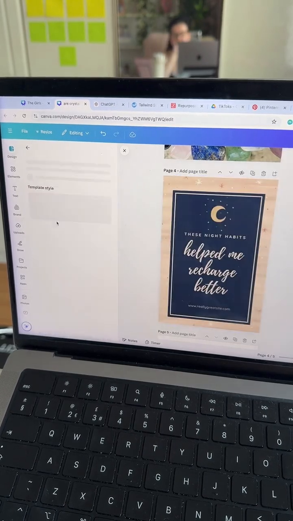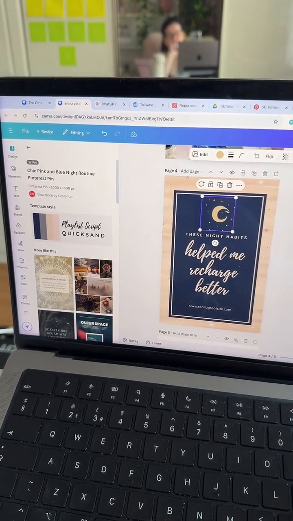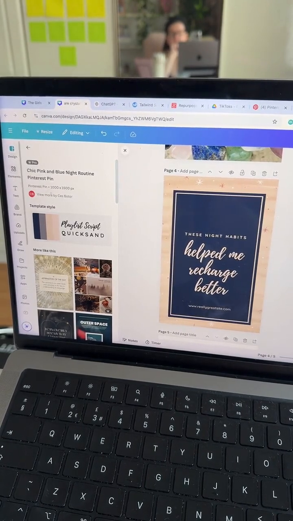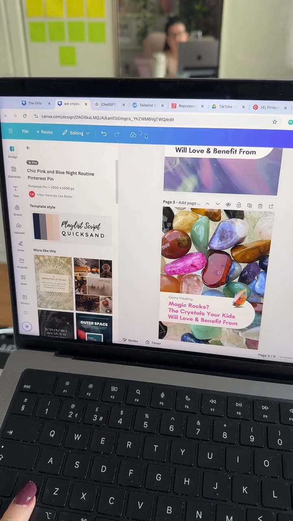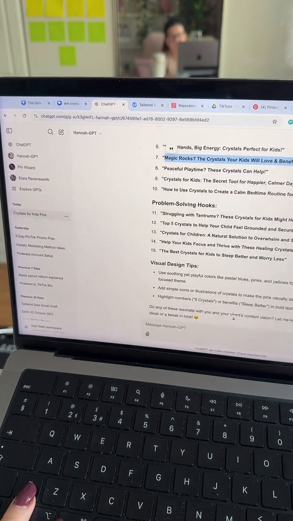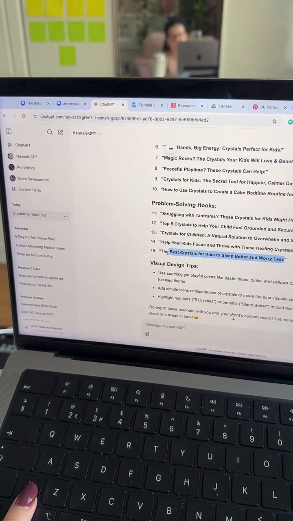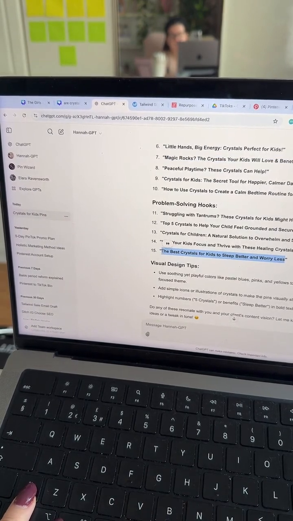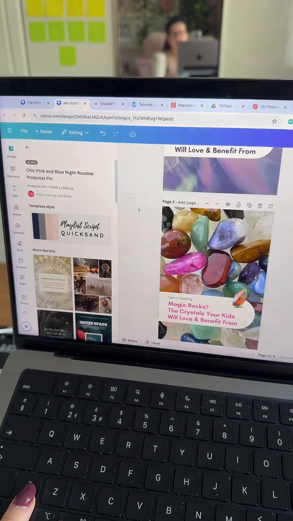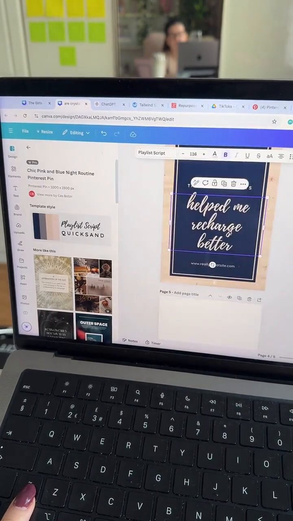Let's try this one, get rid of that and put a little crystal there instead. Again, let's find a different one that we can use. The best crystals for kids to sleep better and worry less, which I think shows us what we were talking about on the call.